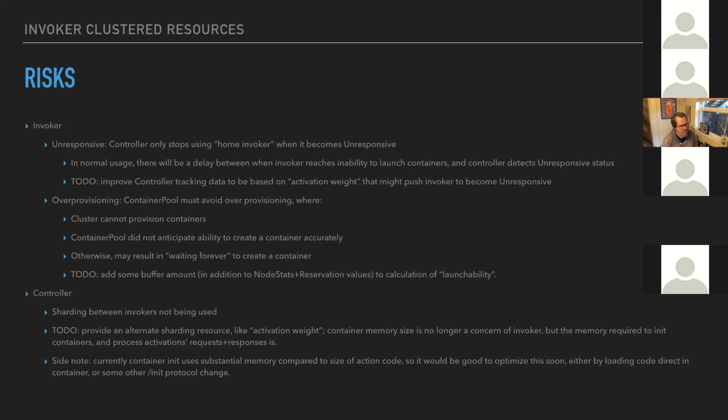So that would allow some flexibility in the data being super accurate all the time for determining launchability.